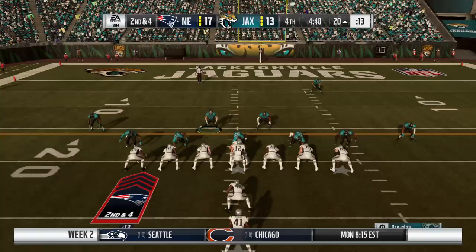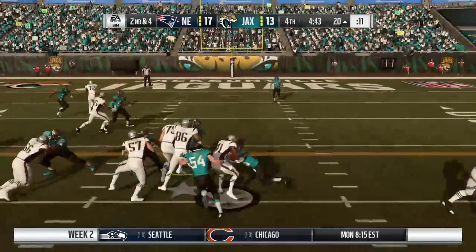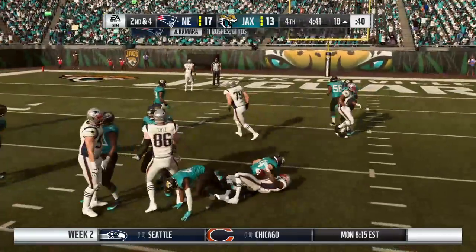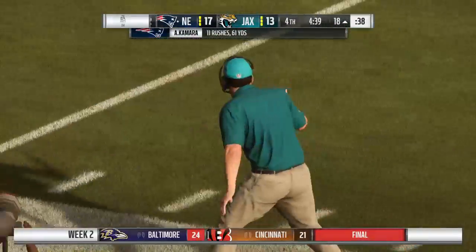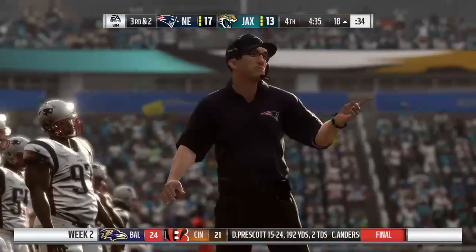You want to bleed things out at this point, right? Continue to possess the football, gain some yardage, and put the onus on the defense. Do they have to use timeouts? What are they going to do to stop you? You're taking charge. And he got half of what he needed there, 2 yards, and it'll bring up a 3rd